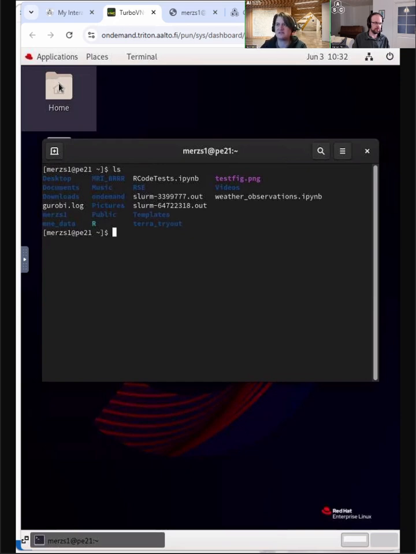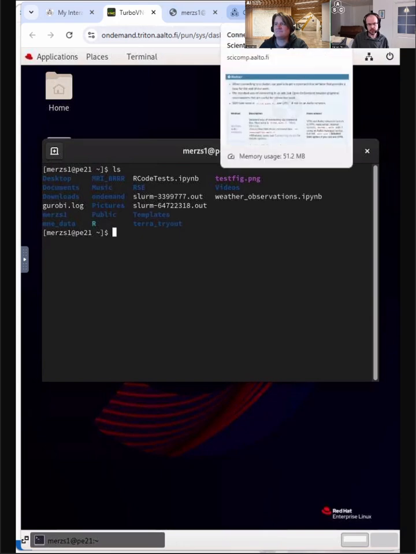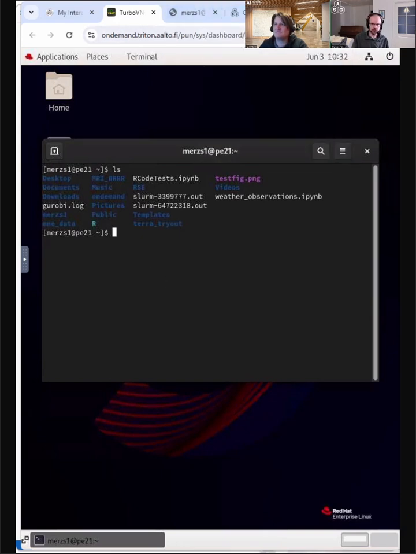But if you have results on the cluster that you want to just quickly check, you use it as one way to have a graphical user interface to look at the figures or something that would be produced. And that's well connected to the cluster in contrast to trying to mount this remotely, where network connections might be slower and so on. And it's also available from outside, so you don't have to be on the VPN or close by. There's one last way that we want to quickly show,